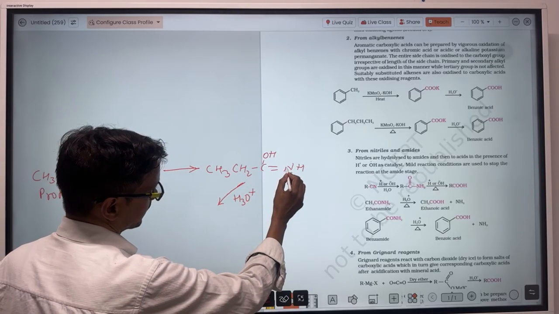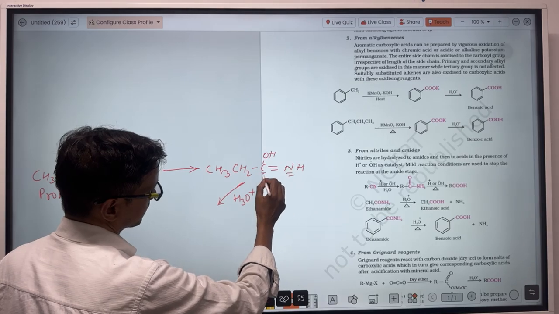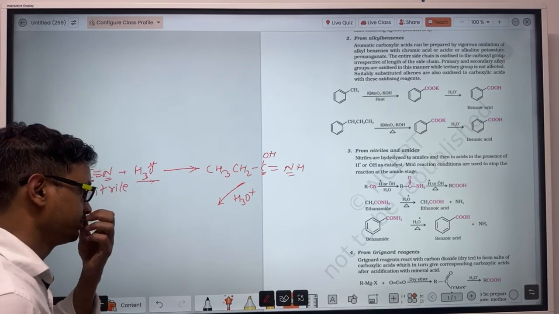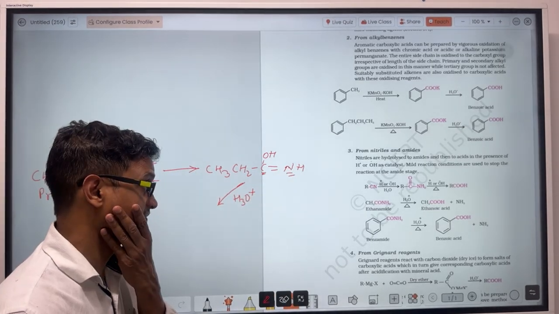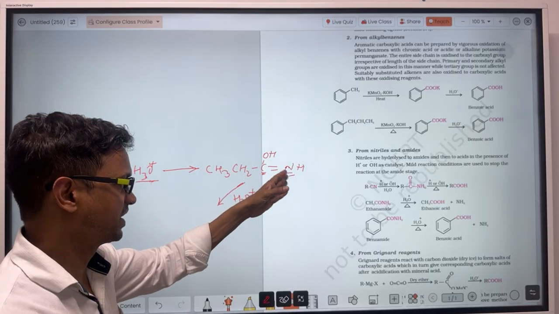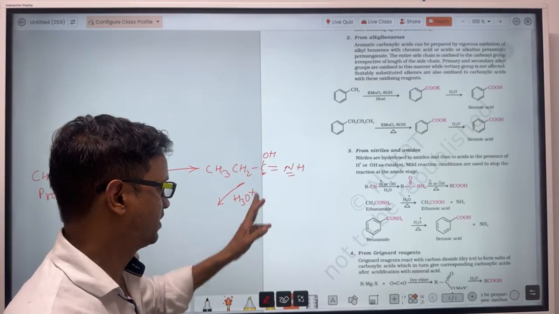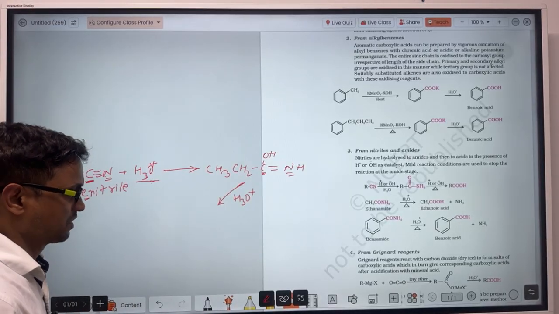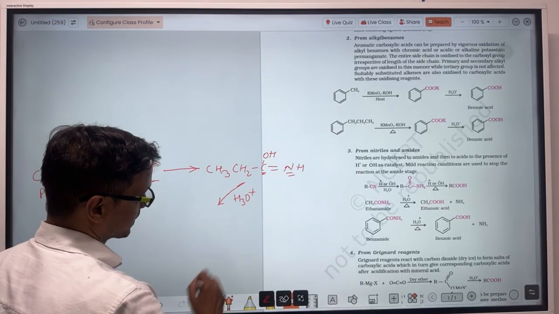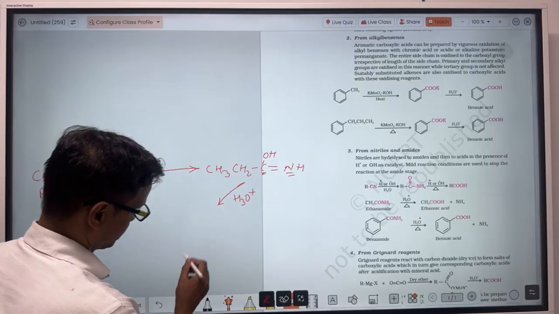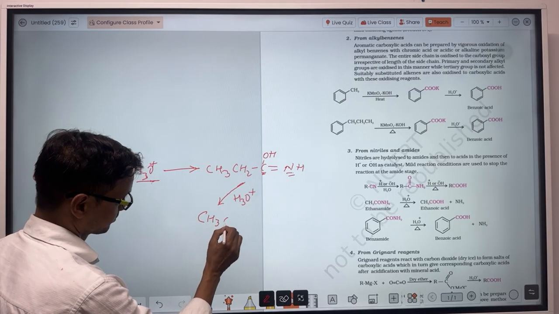Even though, again, nitrogen is the negative part and carbon here is the positive part, because nitrogen contains a lone pair of electrons and it is more electronegative than carbon also. So that's why nitrogen is the negative part and carbon is the positive part. So hydrogen will go to this nitrogen and OH to this carbon. So the compound will become